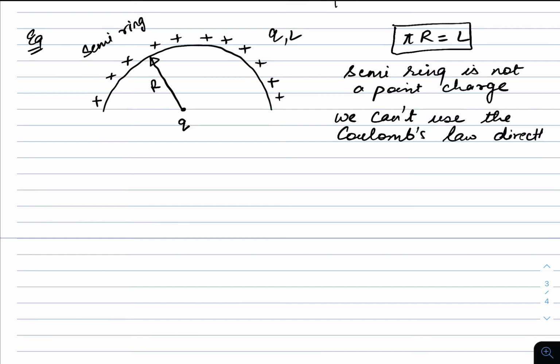Directly we can use, but we cannot use directly. So now I have to again cut an element. Like I have taken a small element at an angle theta. This angle is d theta, which is a very small angle, so this will be d theta and dx, and this will be the radius, right? Because in any circular object, angle is a variable, whereas in the above question the rod is not circular, right? So the variable is length.